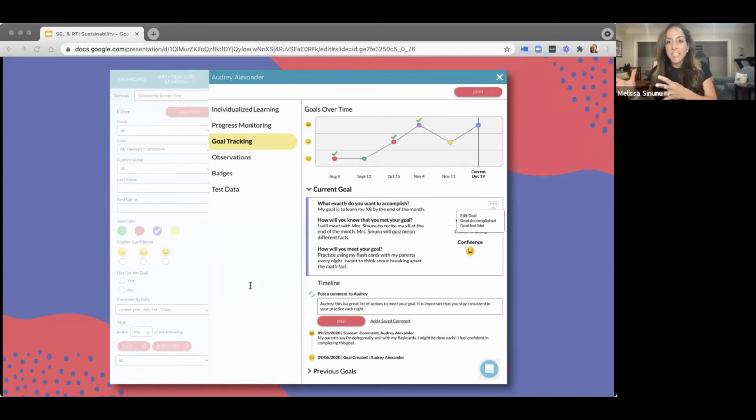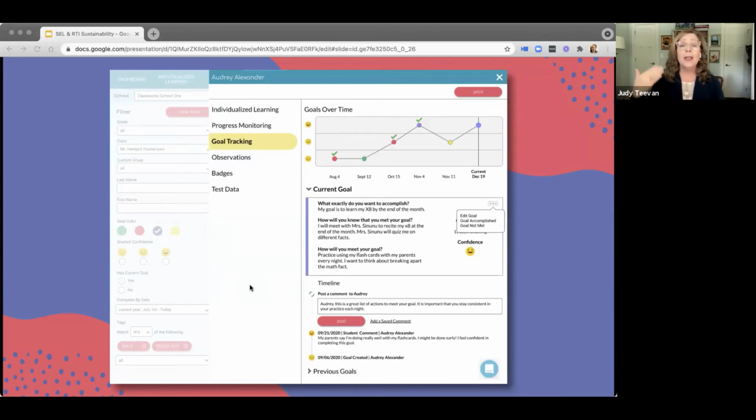Instead of giving the teacher another curriculum to roll out, goal setting allows students and teachers to work together to establish those specific, measurable, achievable, relevant, and timely goals for a class or even for individual students. Research shows that students develop a growth mindset and develop their EQ, right? Their emotional IQ or emotional quotient, when they know that they're supported in their learning and have a sense of belonging.